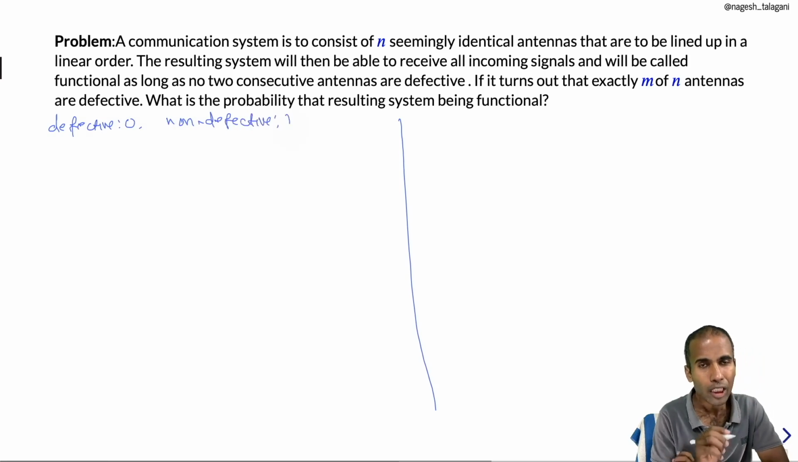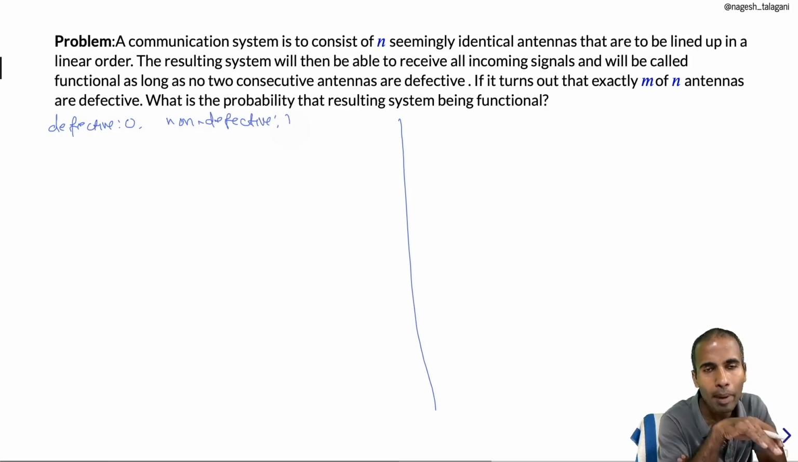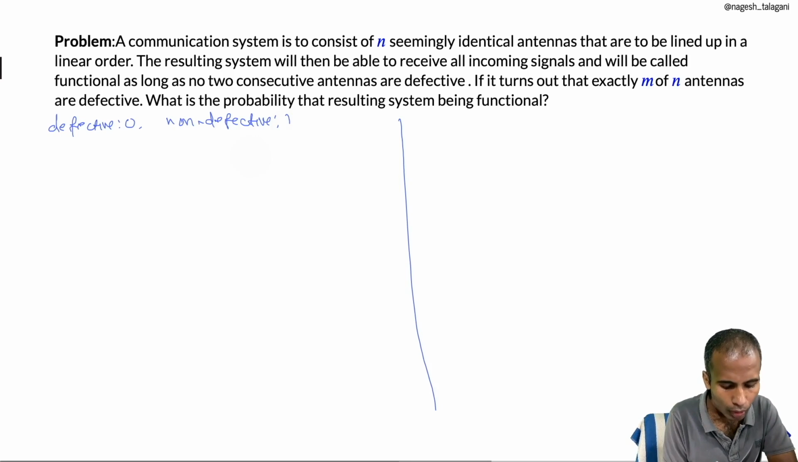Then each possible system configuration can be seen as a binary string of length n with m zeros and n minus m ones. That is nothing but a permutation of n objects in which m zeros are alike and n minus m ones are alike. We know how to count such a permutation. So total possible system configurations